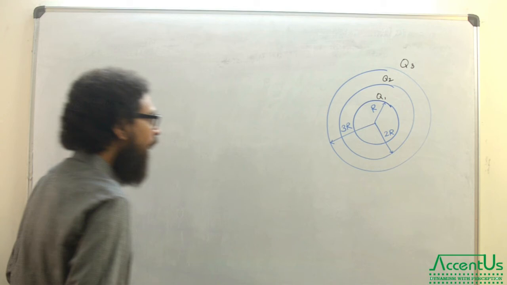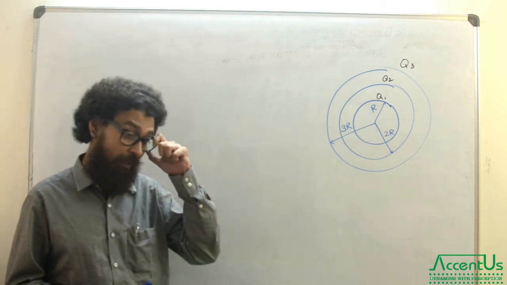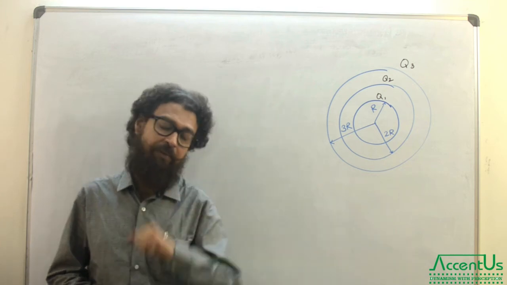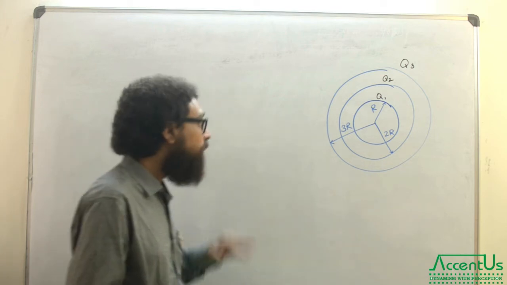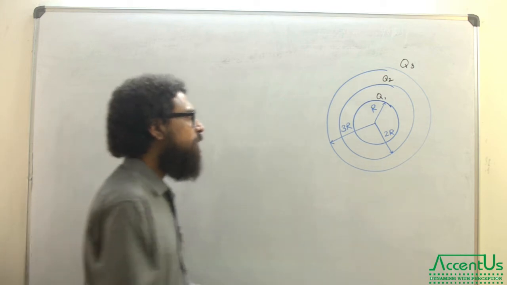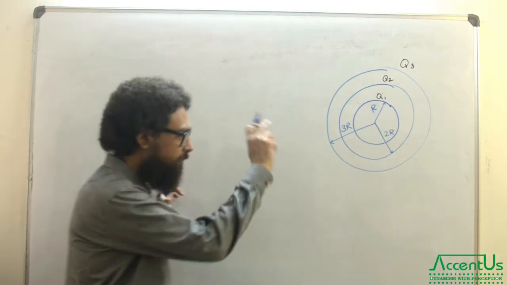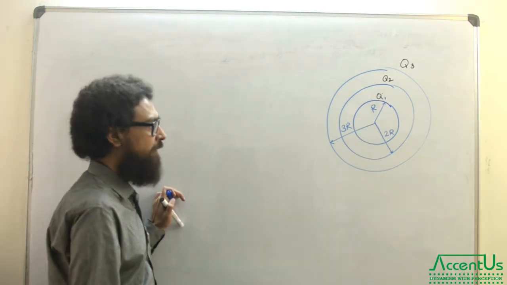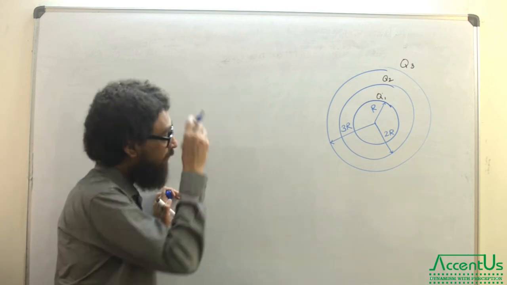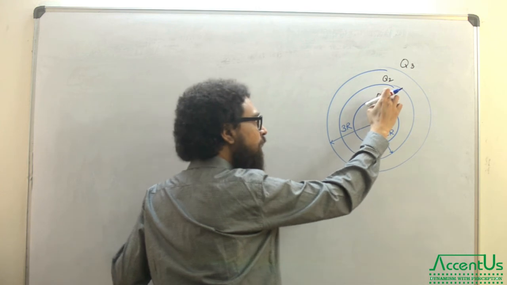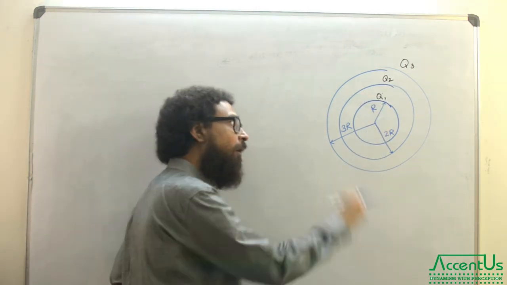So let us solve. First of all, we have to understand a concept which is new and comes up in Gauss's theorem first. Previously we were not thinking about it. We know the concept but never required it, but now it is required. Suppose there is a charge Q1 on the surface of the first spherical boundary. Since we have another spherical boundary nearby having a charge Q2, this will induce some amount of charge.